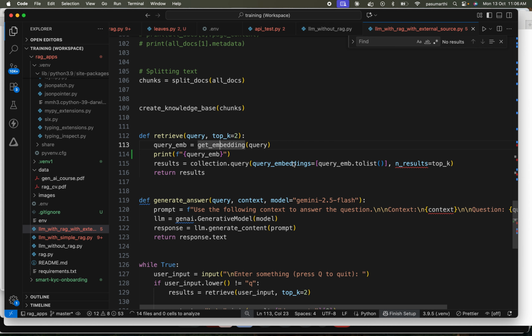That is the answer from Gemini. Normally it should answer from the given context. Sometimes it used to give answers from the given context. If you remember,